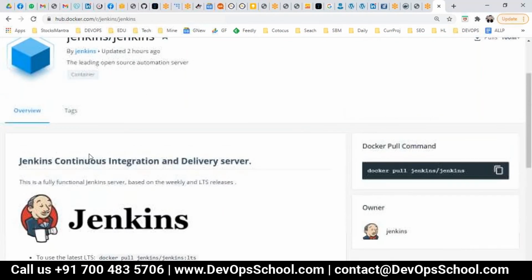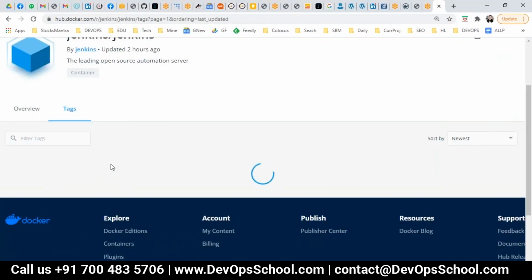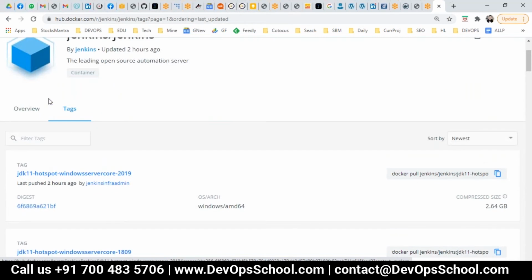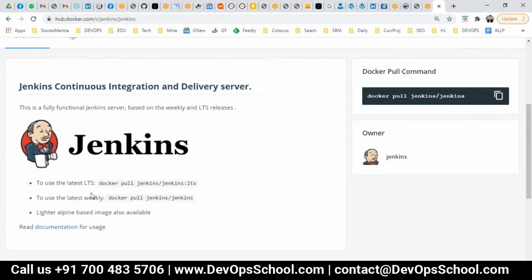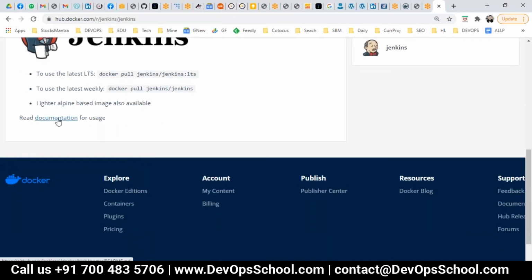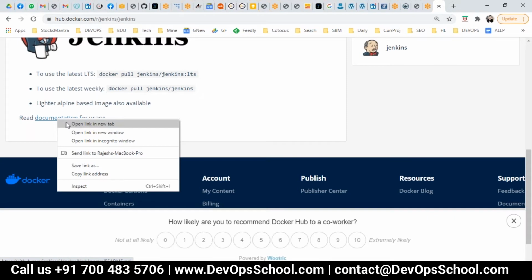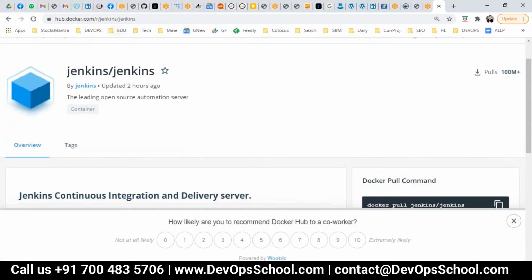So where do we find the Dockerfile, by the way? Here you should be able to find the Dockerfile. This documentation is not updated properly. They should have the Dockerfile here, but I can't see it. No problem, I can go to GitHub and locate it, but I don't want to go to GitHub. Rather, I want to make it simple.